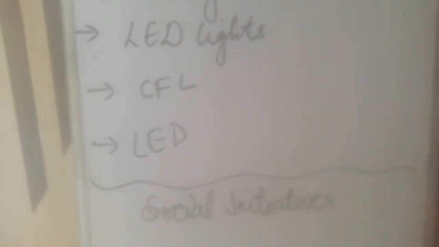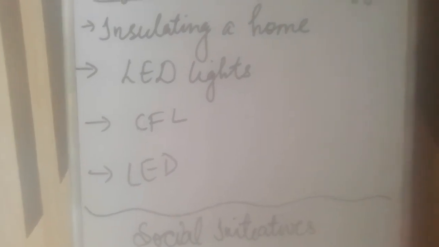You people are mature enough to tell others also not to misuse electricity. Non-government organizations, NGOs, can be used to create social awareness of the sensitive use of the resources, children. So we all have to be very careful and judicious while using energy. If you are not using the energy, please switch off the bulb, please switch off the lights when not in use. It will help you also financially.